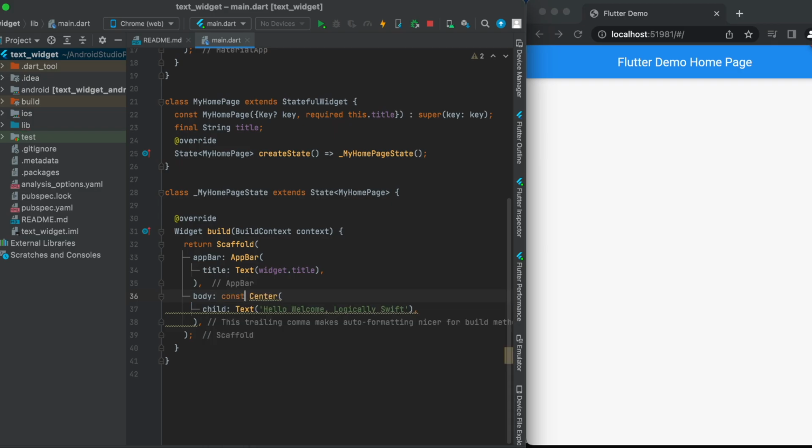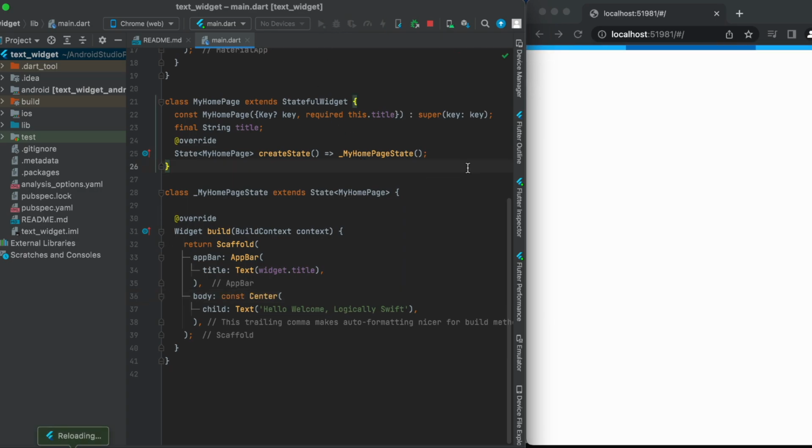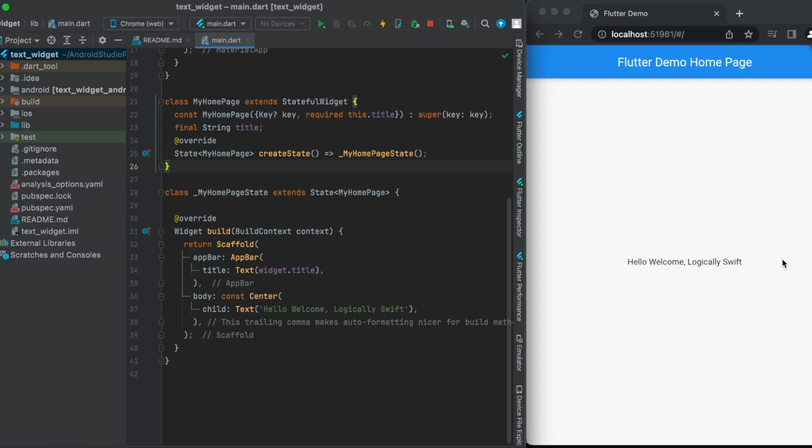So it's showing me you have to use a constant and it will remove the warning. Okay, then I will restart my app, and you can see in the center part of our app, in the text widget, it is written, hello, welcome, logically shift. Okay, so that's the basic, and now we are going to